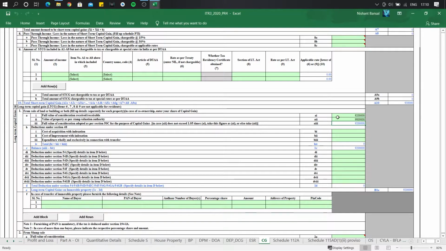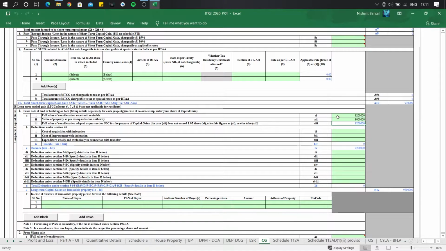In case you want to gain more insights about this transaction or the capital gain from sale of land in which the value of building as per stamp valuation authority is given, you can refer to section 50C. 50C talks about the same in the subsequent cases. And all the relevant sections which we'll discuss today and which we have discussed in the previous video, we have mentioned in the description box, so you can refer to it from there for more clarity. All right, so in this case we just have to enter the amount since everything is given.